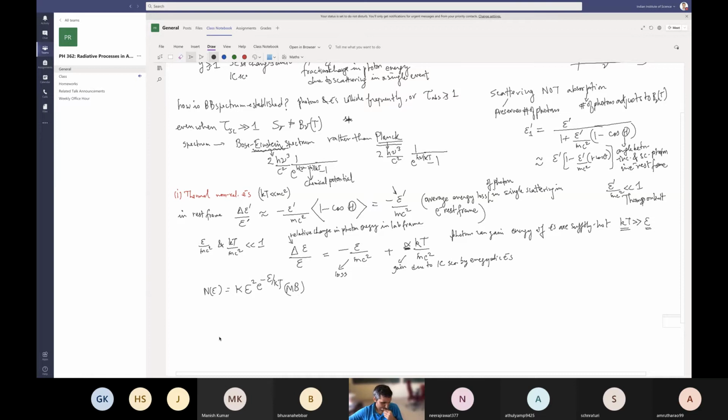Now let's look at delta epsilon. So it is equal to minus epsilon squared by mc squared. I'm just multiplying this equation by epsilon plus alpha kT by mc squared times epsilon. And what I'm saying is that